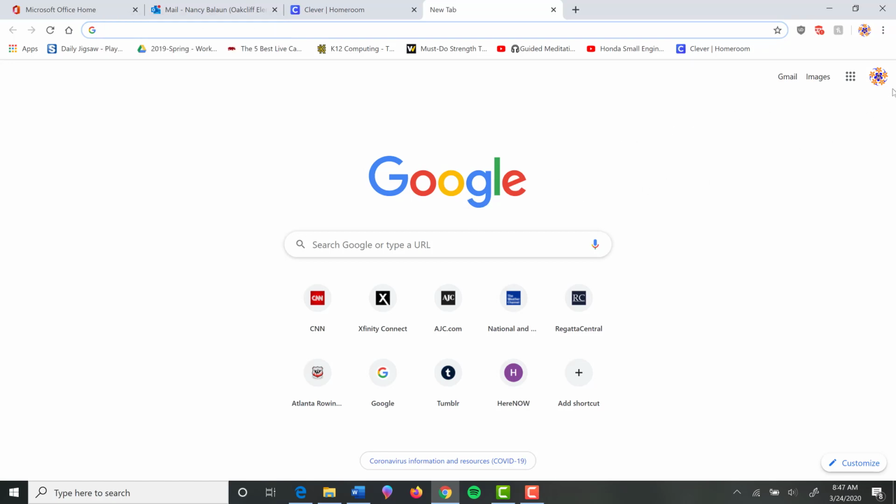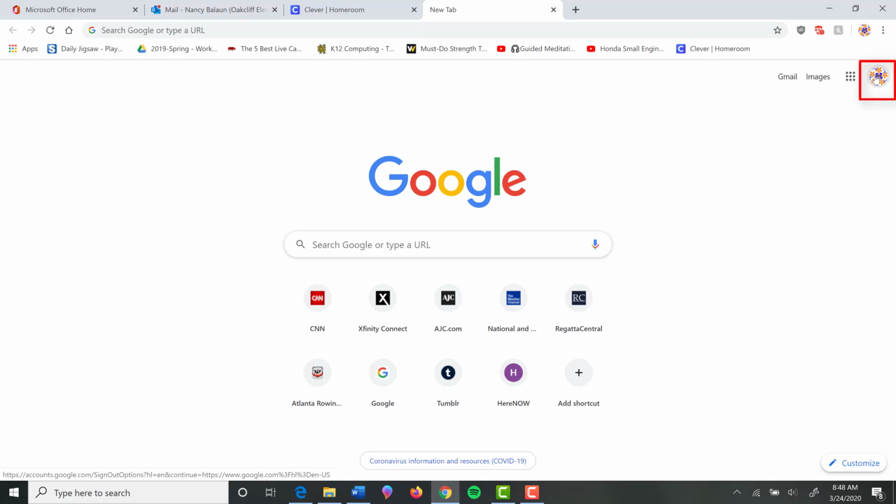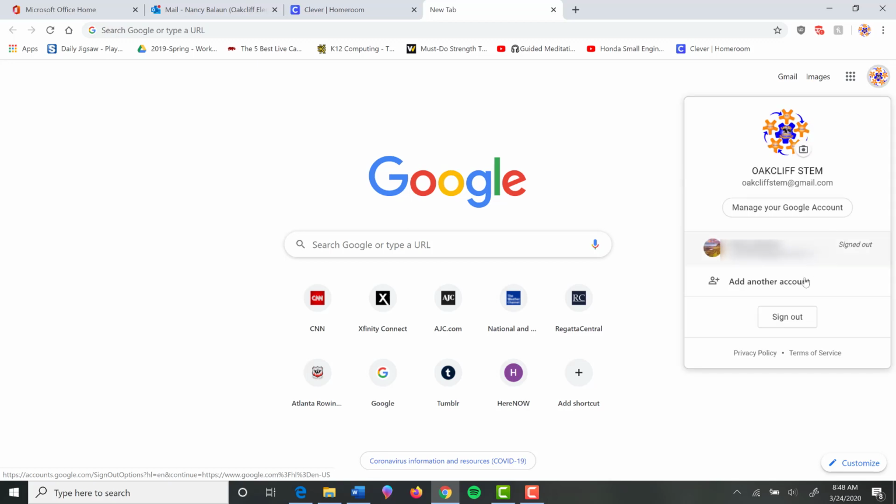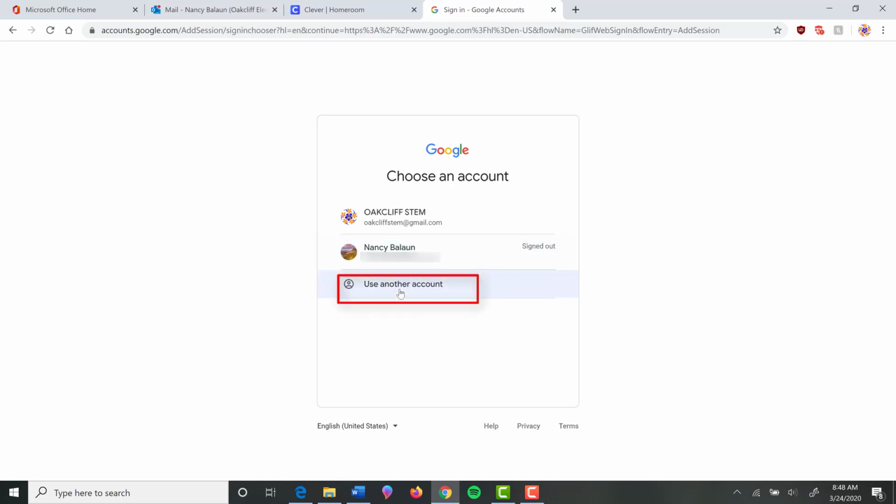The next thing you want to do is sign into Google with your school ID. If you look at the little portrait up here in the corner, you will either not be signed in at all, or you could be signed in as your personal account or something else. So I'm going to sign out of my Oak Cliff STEM account by just clicking on the portrait. And I'm going to choose Add Another Account. And I'm going to enter my school account,